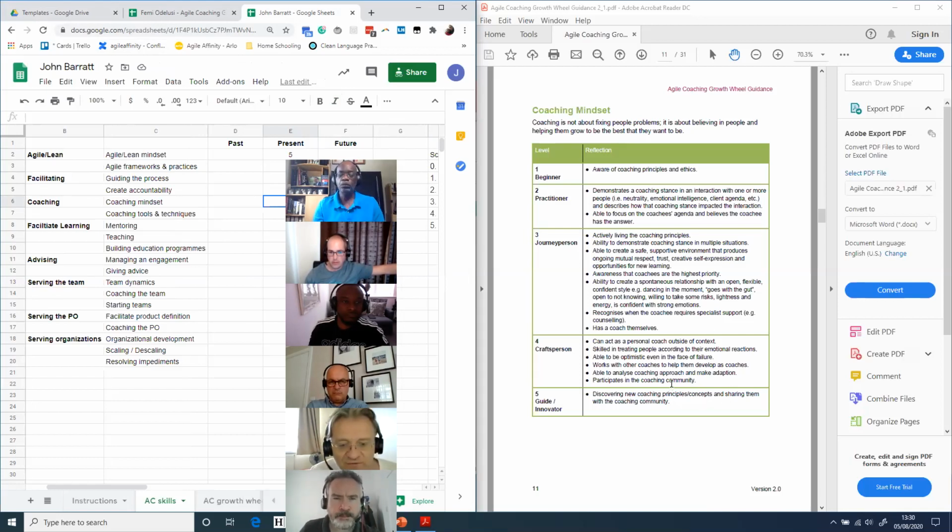So I don't think I'm a 5. I think I can be a 4 though, and have been, because I can act as a personal coach outside of context. I come from a technical background, and currently I'm coaching people on the business side, at quite high levels in business leadership as well as people who work on the ground, including in branches and call centers in the business client I'm working with. So I can coach outside of my context, and I can treat them to their emotional reactions.